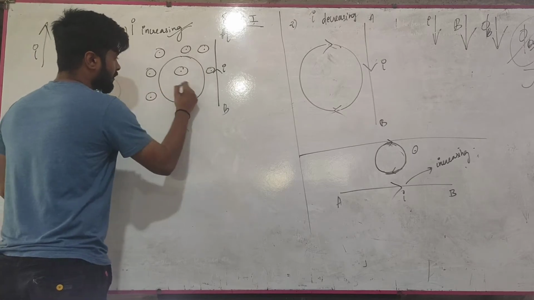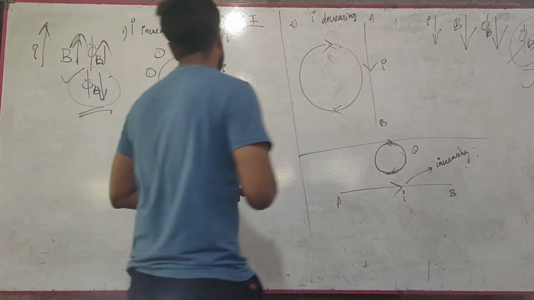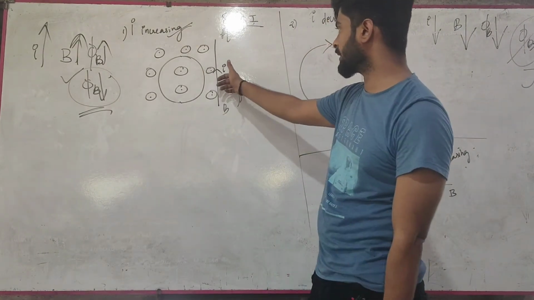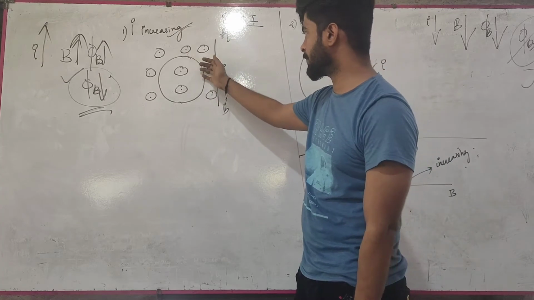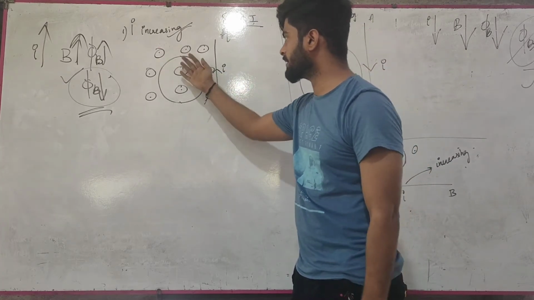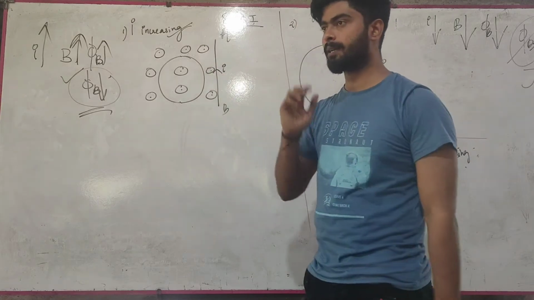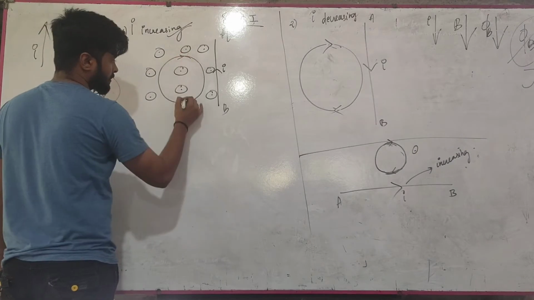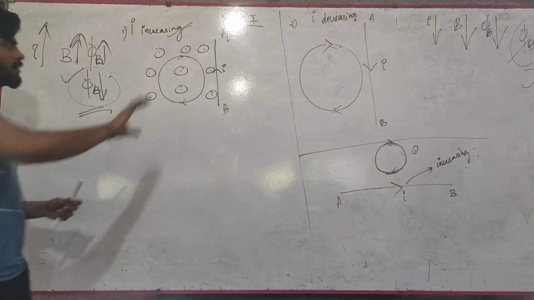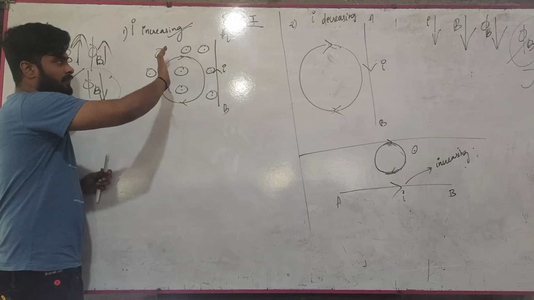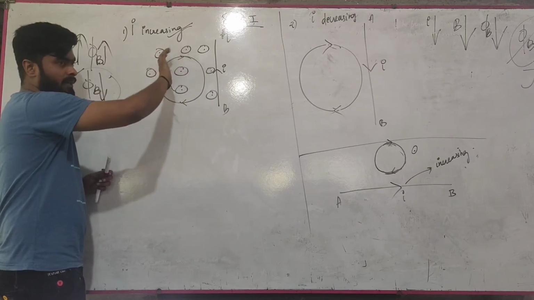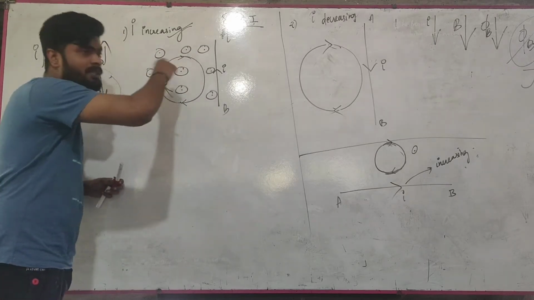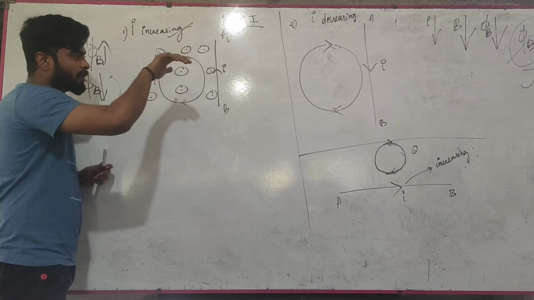So this is placed in a magnetic field which is going outwards to this plane. We have kept our thumb in the direction of current and the curled fingers at this plane are outside, so the magnetic field is coming outwards. Right? Now, if the direction is clockwise, on applying the right hand rule, the curled fingers should be kept on the loop in the direction of current and the thumb will point towards the direction of magnetic field produced by this induced EMF or current. So you can see the thumb is going inwards.